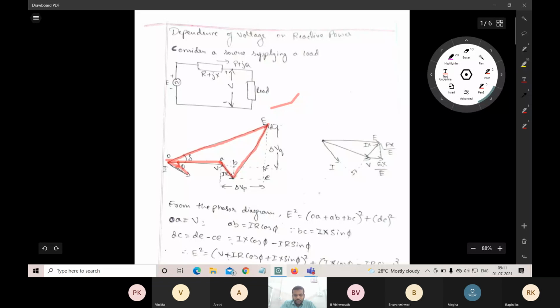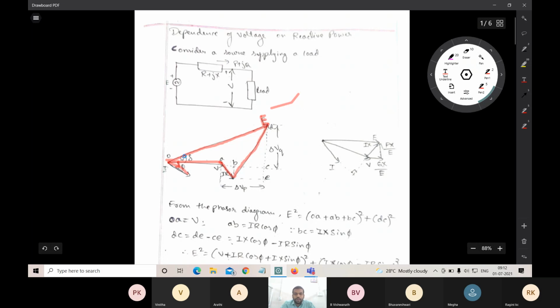Just continue the dots. For analysis purposes, we have to form equations, so for that we need to calculate what E is. Before that, take this point. This is a parallelogram, and this is our E, the equivalent line.